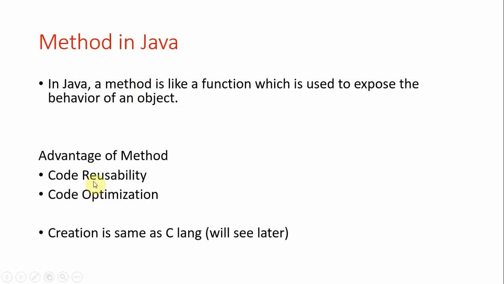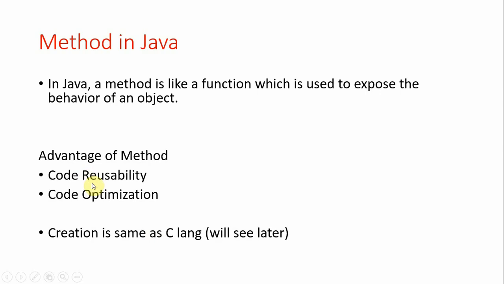And what is the advantage of a method? A method, all we know in C. So don't get confused with a method in C and a method in Java. Maybe the syntax may change, but the overall description is the same. The method is for defining a block of code. The purpose, or advantage, of a method is code reusability. Once we define it, we can use it anywhere, anytime, whenever we want.